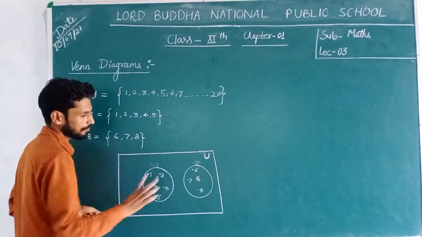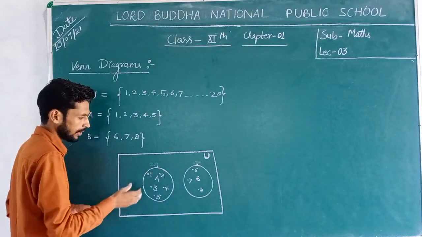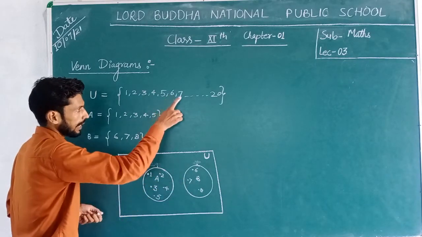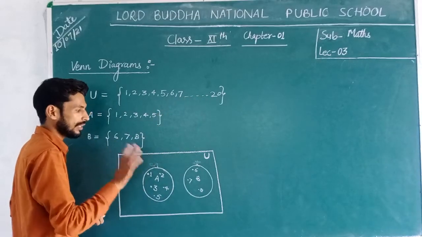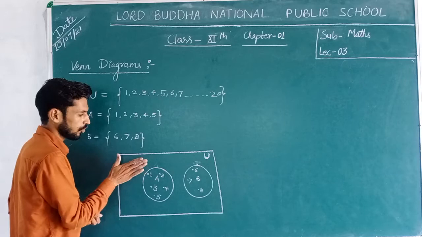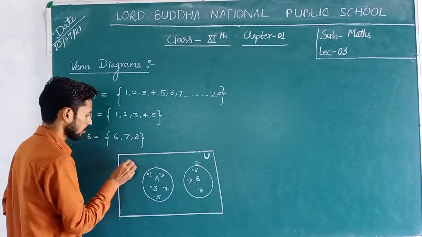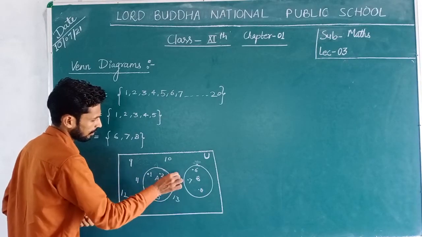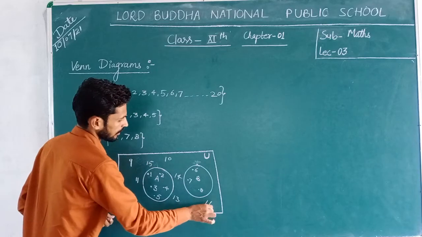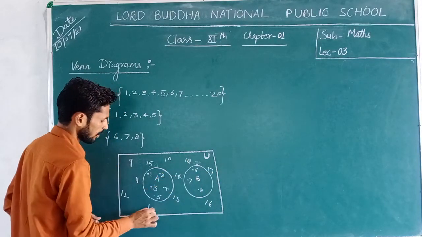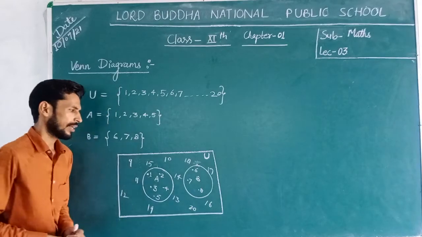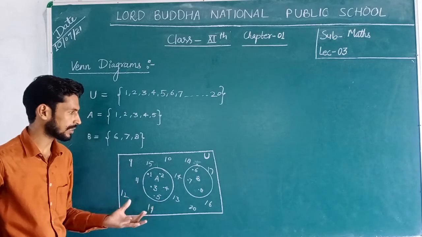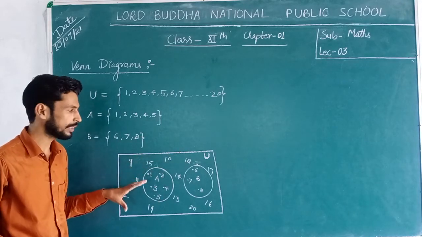From 1 to 8 all the elements are present together in sets A and B, but from 9 to 20 the other elements will be present in the universal set. So here is the 8, so write 9, 10, 11, 12, 13, 14, 15, 16, 17, 18, 19 and 20. यहाँ पर ऑर्डर का कोई जरूरत नहीं है कि 1 2 3 4 ऐसे करके राइट करेंगे. आप किसी भी एलिमेंट को कहीं भी रिप्रेजेंट कर सकते हैं, but inside the rectangular box only.